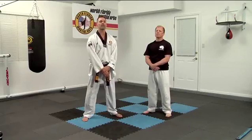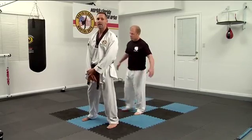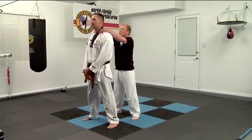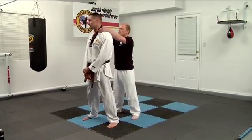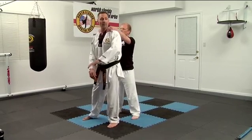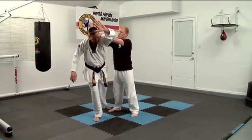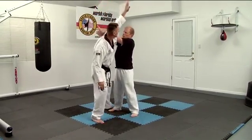At the red belt level, we address situations such as rear attacks or rear chokes. The first one being someone coming up from behind and perhaps grabbing you around the neck to choke you. My first response, obviously, is I want to try to identify where the person is. From here, I'm going to lift my arm up and step my opposite foot back, circling my arm up and